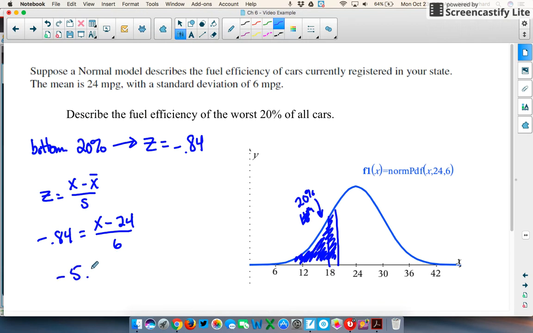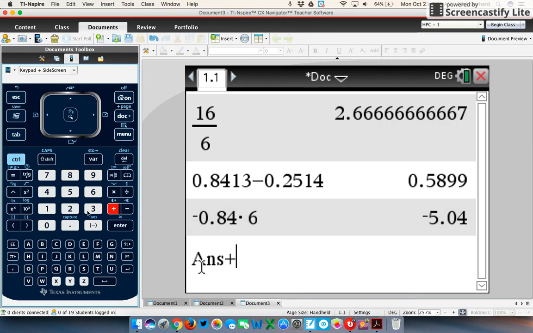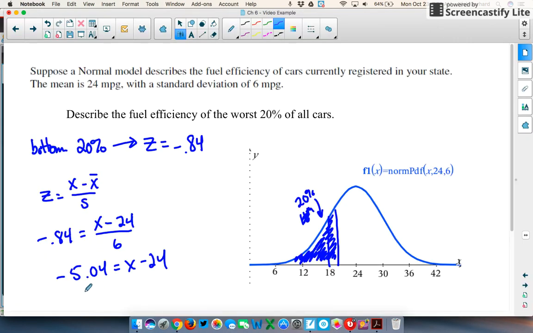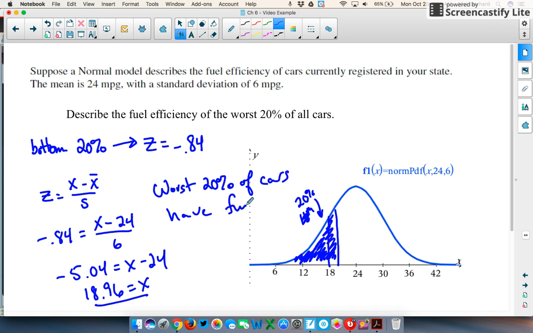Negative 5.04 equals x minus 24. If I add 24 to both sides, I get 18.96. So 18.96 is x. So this corresponds to, or the worst 20% of cars have fuel efficiencies